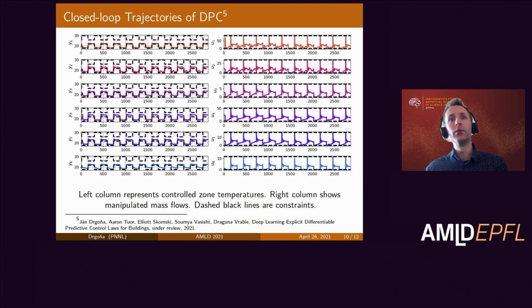So then how do we do in controls, in closed loop control? This is another example using a simulation case study of a 6-zone building, where on the left-hand side, we have again these trajectories of the zone temperatures, which should remain within the prescribed bounds given by dashed black. And on the right-hand side, we have these mass flows, which are manipulated variables, which again need to satisfy constraints. And we have been able to synthesize the suboptimal control behavior purely based on this offline simulation. So the bottom line here is that we don't need, again, the physics-based models to have these high performance controllers.